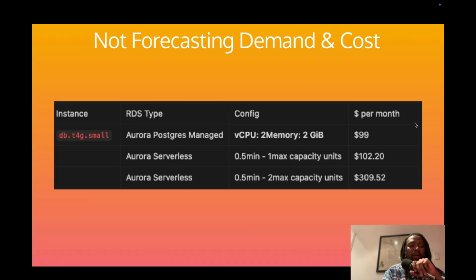Not by that much. I mean, if my maximum capacity unit was 1, there's about a $2 to $3 difference. But if I increase my maximum capacity unit to about 2, that's like $309. You know what I'm trying to say? So then this would have posed